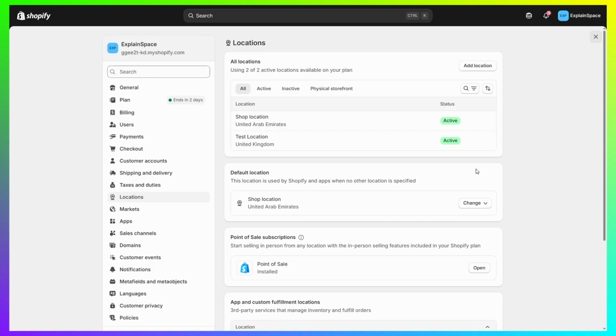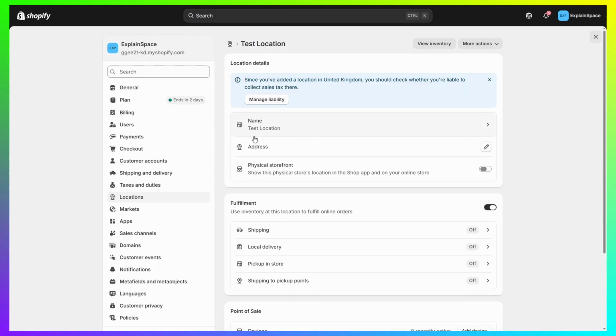The second step would be to move the inventory that you have that are related to this specific location to a different one. So to do so, you simply just want to deactivate it, and it's just going to do it automatically for you. So we're just going to click on test location. This is the one that I want to basically remove. So there are some items that are related to this location. So what I want to do is click on more actions from the top right corner and click on deactivate